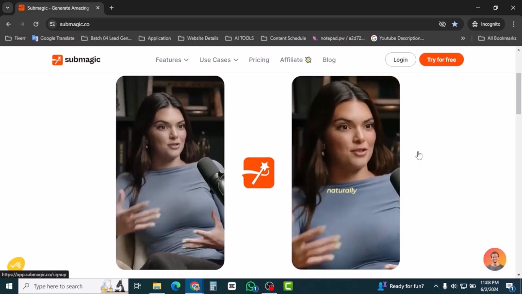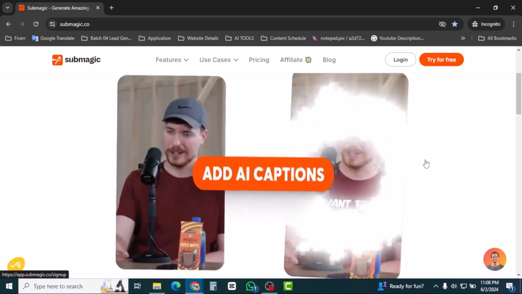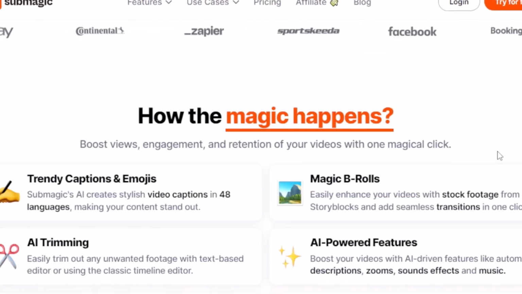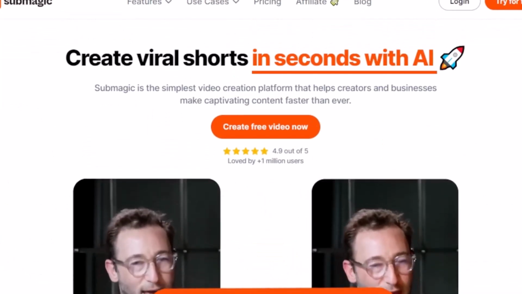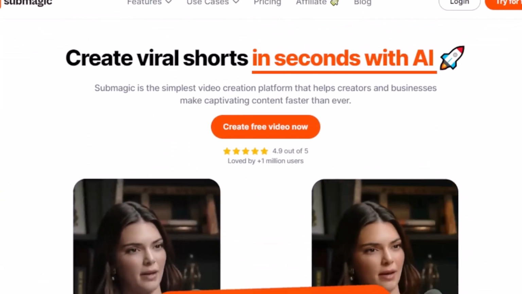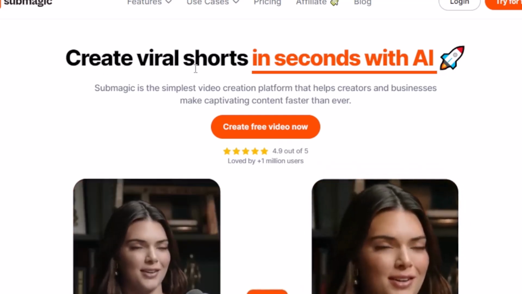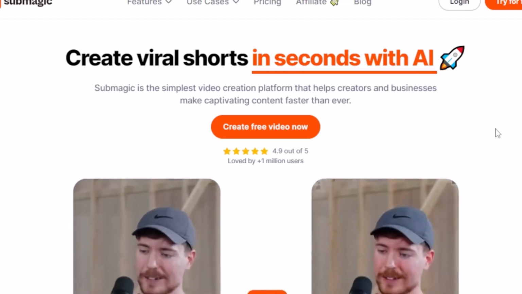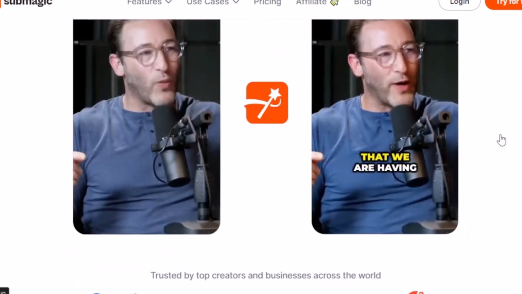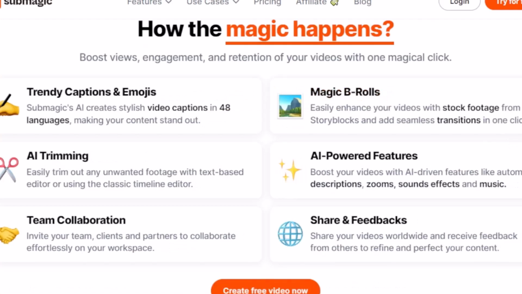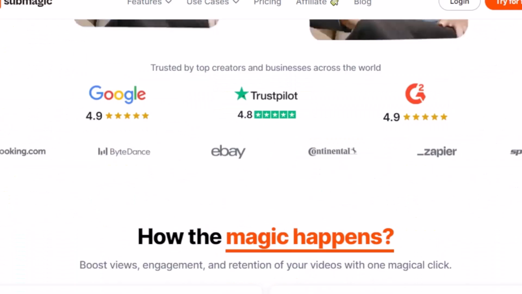So let's check this website. First of all, if you are new here, you have to sign up and try for free. Before upgrading to premium packages, make sure you try these tools. Okay, so create viral shorts in seconds with AI, and let's check this. How many people are using this, who can use this, and who already is using this.